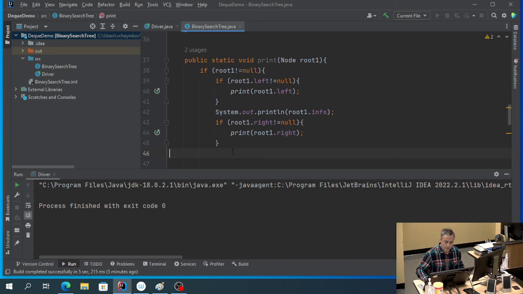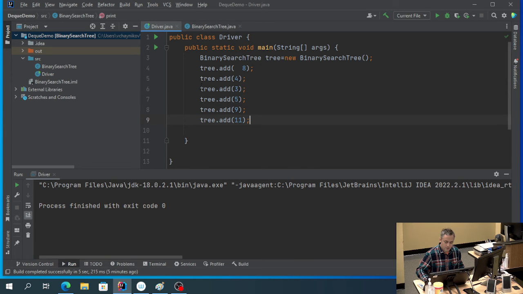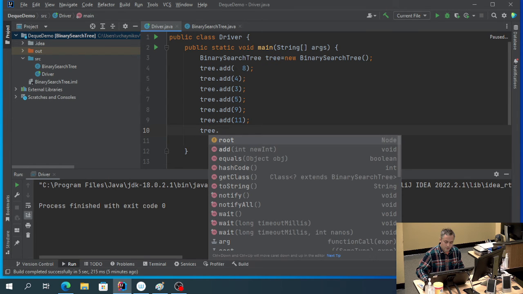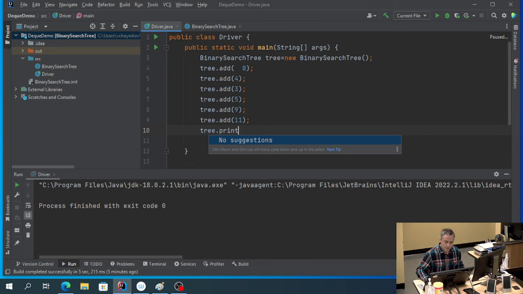Okay. So first it checks the left subtree. If there is a left subtree, it goes in there. Eventually there is none. That is the moment when root1.info is printed, and then we are going to check the right tree with the same priority. And now that we have